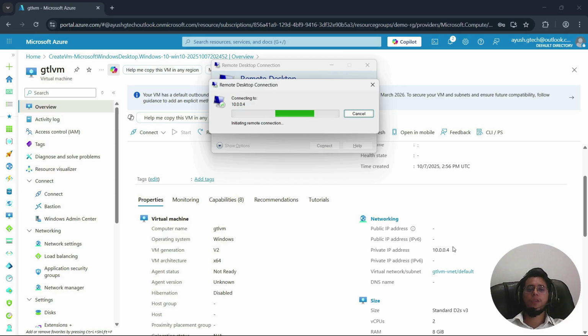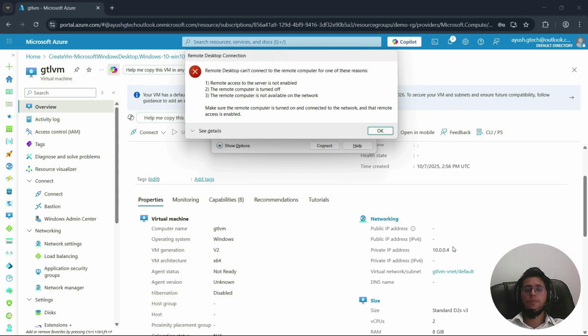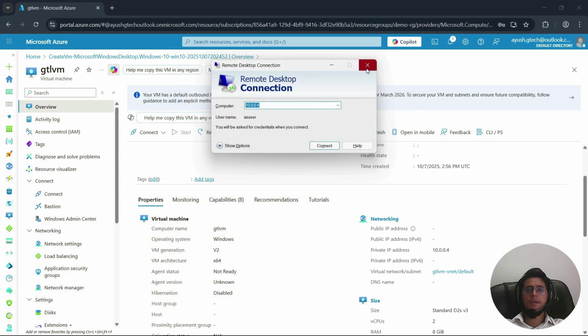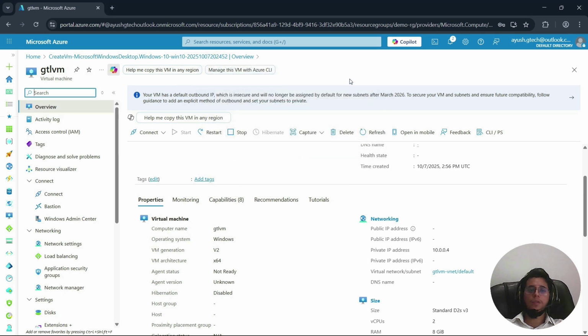In the next step, when we create a virtual machine, behind the scenes one virtual network is created. So here you can see we are getting the problem. That's fine. Now I'm closing this one and in the virtual network, I'm going to create one firewall subnet that we are going to use in our firewall. Make sure you create a subnet in the virtual network. Unless you create a subnet in your virtual network, you will not be able to deploy the Azure firewall. So this is the mandatory step you need to do.